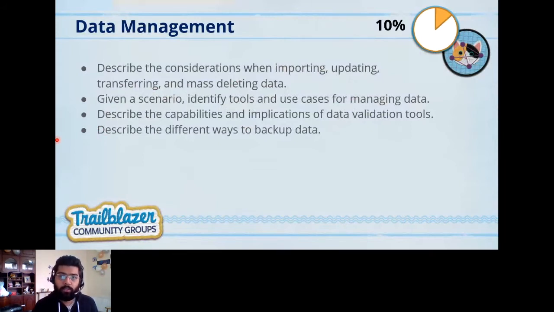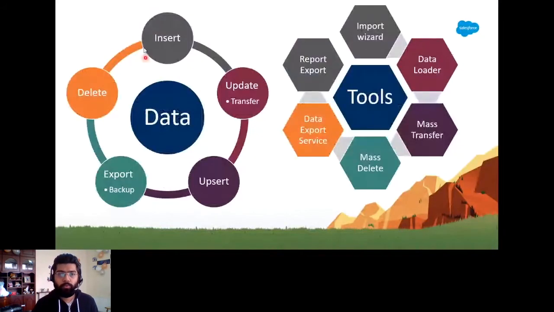And so there would be around six questions, which is 10% weightage. So there would be six questions out of 60 around data management. So a good amount of coverage you get when you cover this topic. So looking at what all we can do, we can insert the data into the system, we can update